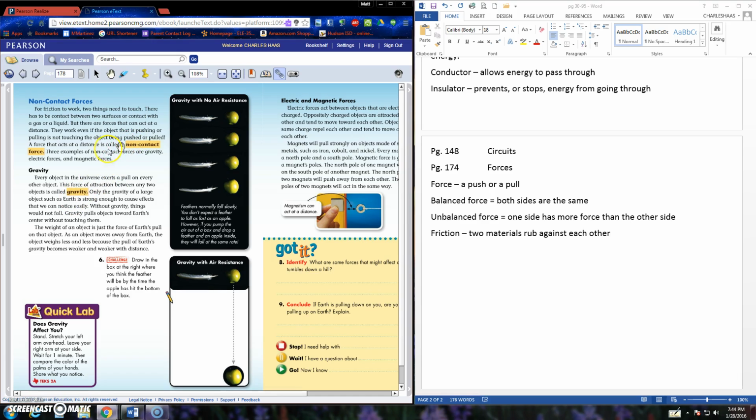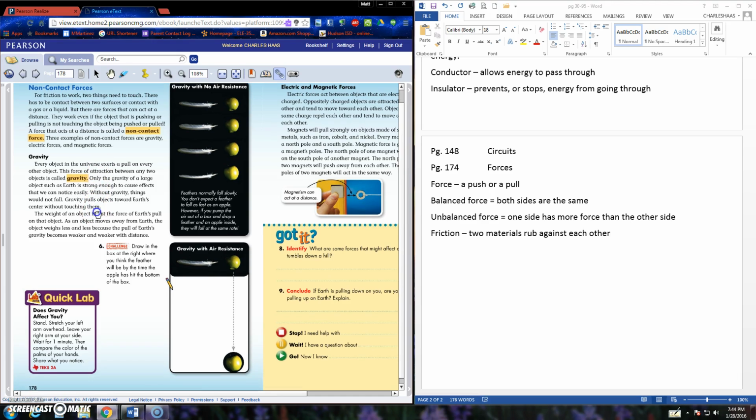Gravity. We're going to skip this other non-contact force. You're welcome to read about it. I'm not that interested in it. Gravity. Yeah, we need to talk about gravity. We just talked about that some the other week when we were talking about the moon's pull on the Earth's